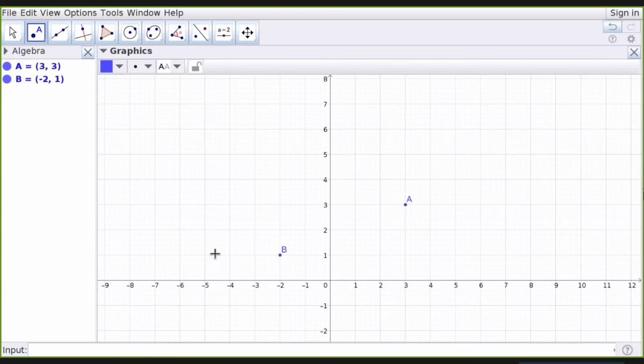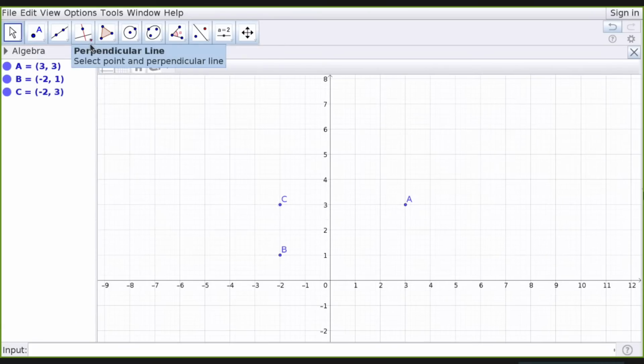So I can mark points like that. I can even mark a point by using the input. I can type C equal to, then put its value as minus 2, 3. So I got another point here. In this way also I can mark points.